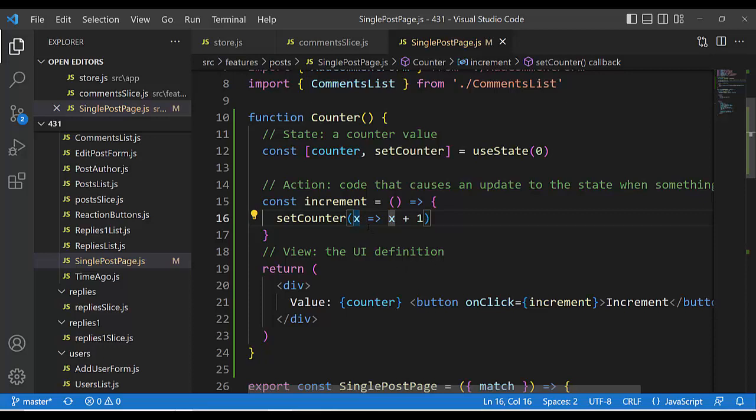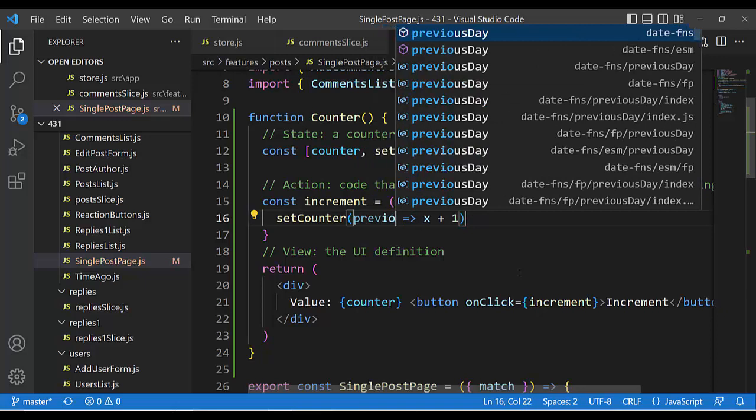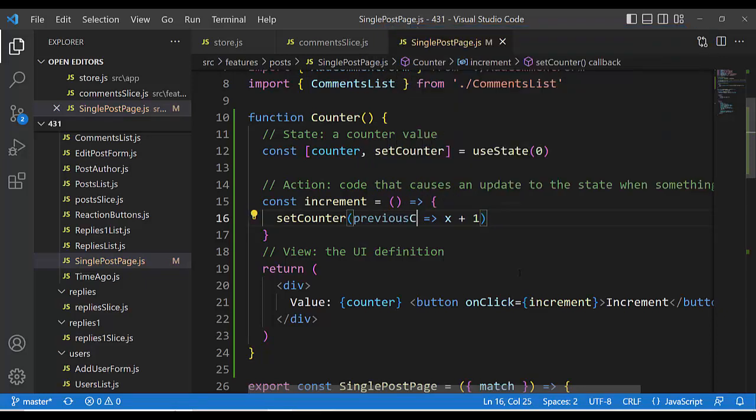What it means: the descriptive name would be previous counter, variable, and here previous counter plus 1. It means state